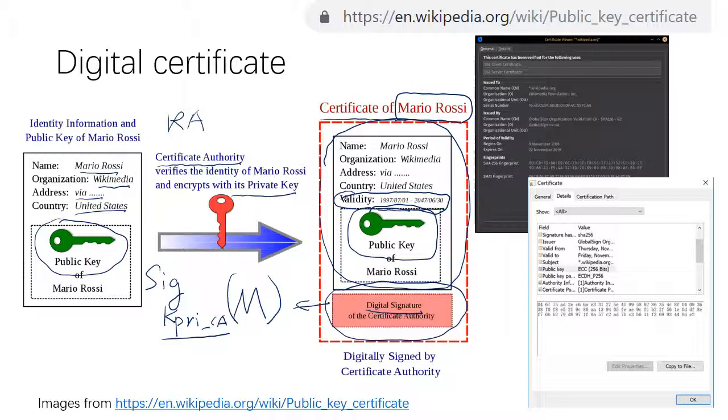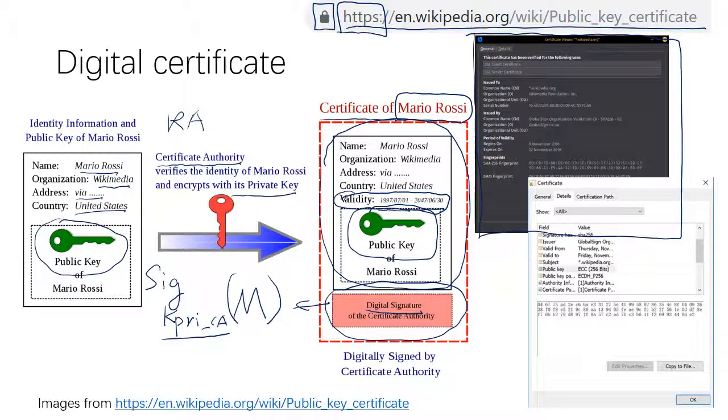Let's take a look at one concrete example on Wikipedia. When you visit such a website on your browser, this is actually a real website, you will notice that it is using the HTTPS protocol, and there's a padlock icon on the left-hand side of the URL. When you click this padlock,